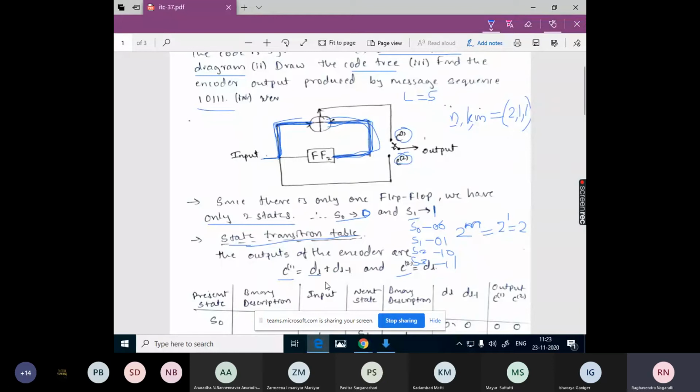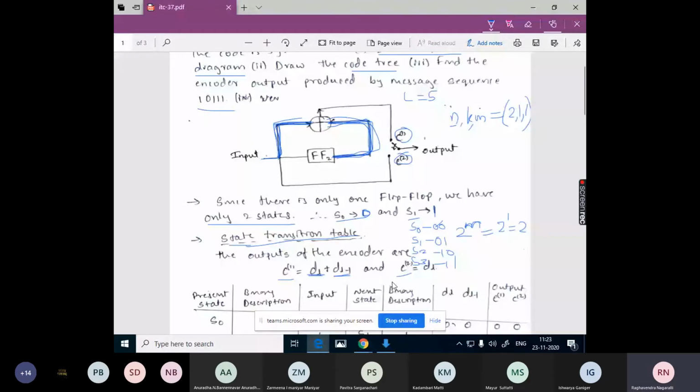dL is the current input bit and dL minus 1 is the previous input bit. Both the current input bit and the previous input bit are influencing the output C1.